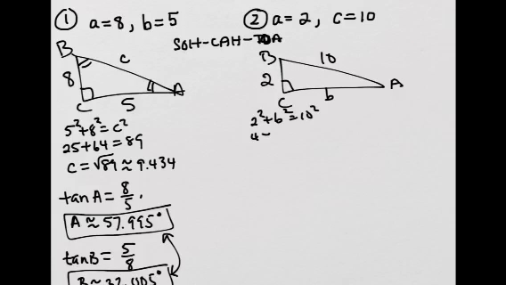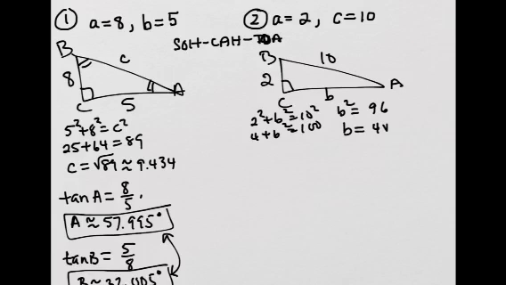So 4 plus B squared is 100. So subtract 4. So B squared is 96. And 96 is divisible by 16 actually. 96 divided by 16 gives you 6. So B